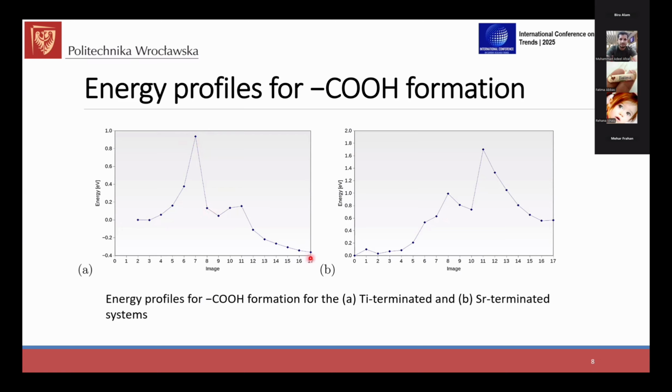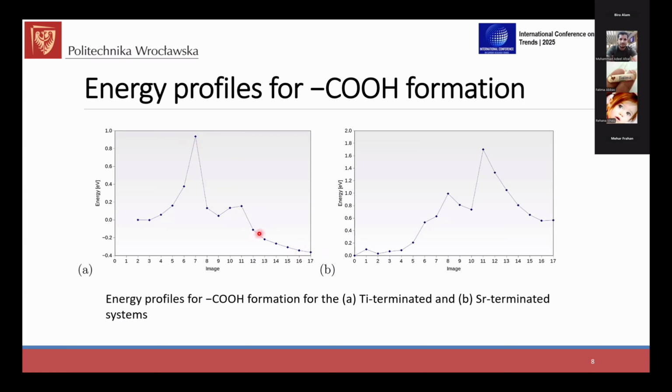As we can see here, at the end step the energy becomes less than zero, or negative. So it means that the carboxylic COOH intermediate is more stable than the separated CO and OH,